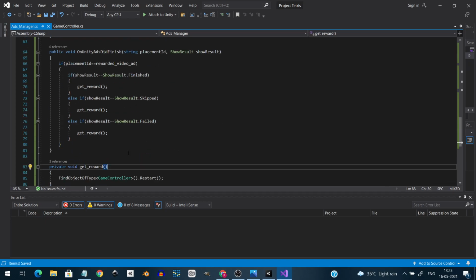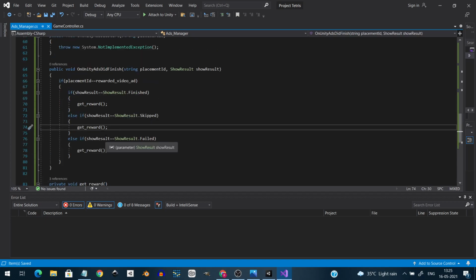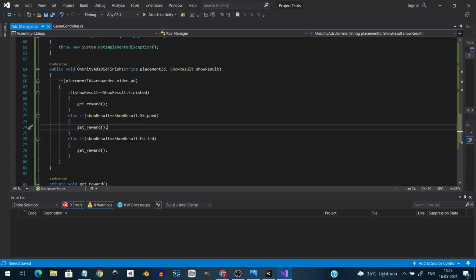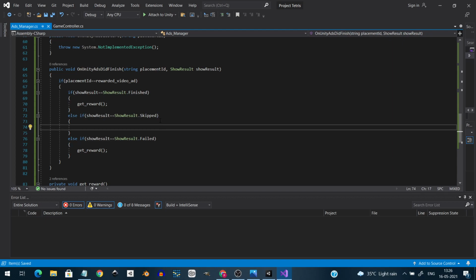The reason I'm doing it like this is to demonstrate how the rewarded video ad works. If we skip it once, okay, let's remove this. Keep this and test it out yourself. If you remove this and build the app and check there, you can't